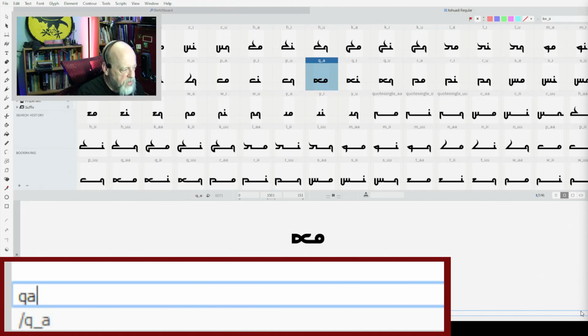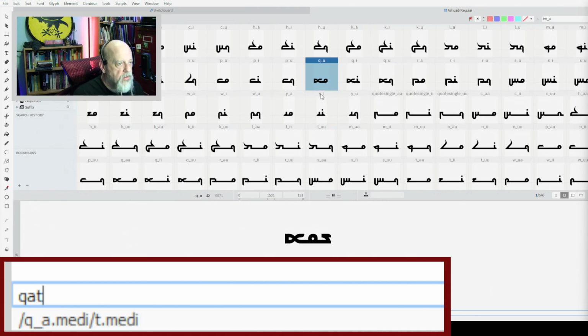But if I put a T in, it switches to a version of QA that is prepared to be followed by a T and then adds the T. So you can see QA ends in that circle on the right. It doesn't have any extension out to the right. But when I put a T in after it, it draws a version that has that extension, and then it draws the T to complete the syllable.